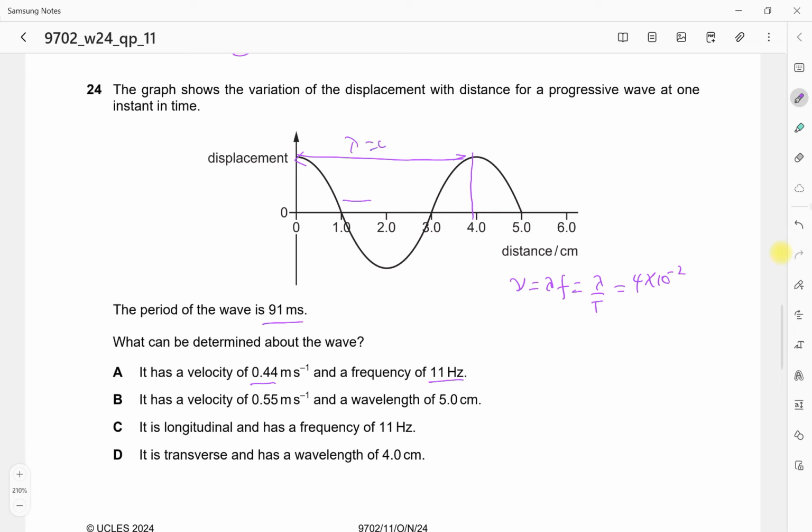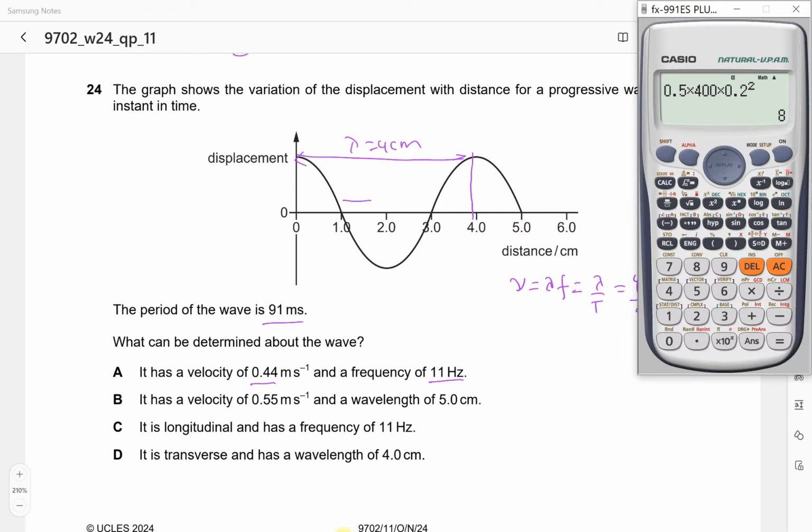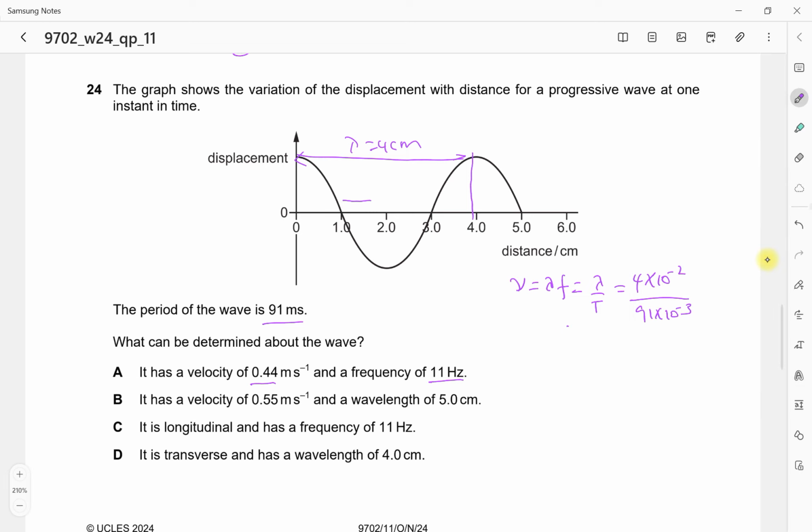So lambda is 4 centimeters, divided by the period, which is 91 times 10 to the power of minus 3. So 4 exponent minus 2 divided by 91 exponent minus 3. So that is 0.44. So the speed is correct,